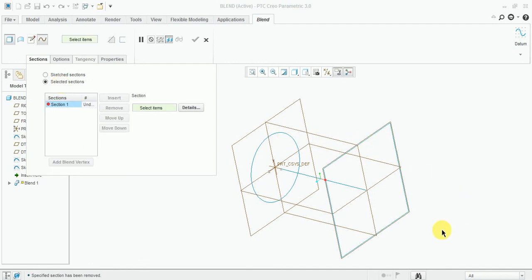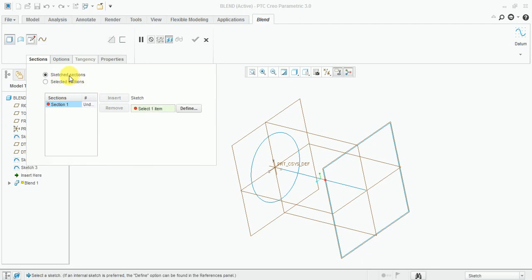If you have not drawn the sections before, then you can sketch the section, and now see here the sketch option is visible and you can sketch the section. Now this one is the reference line, so you can draw it in this command.